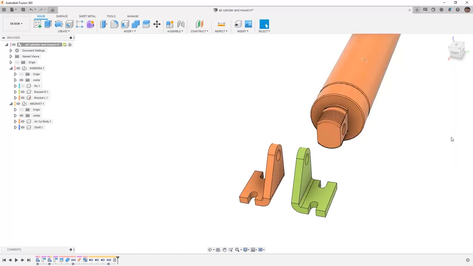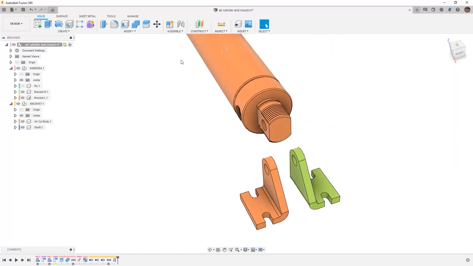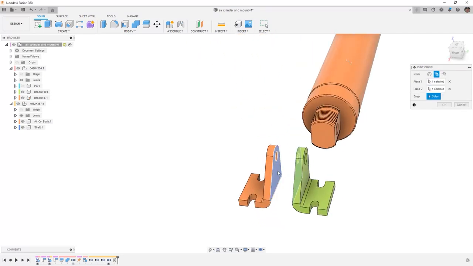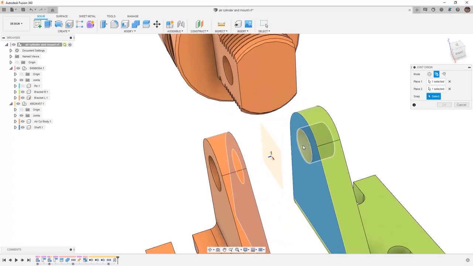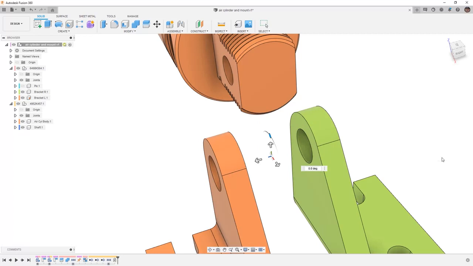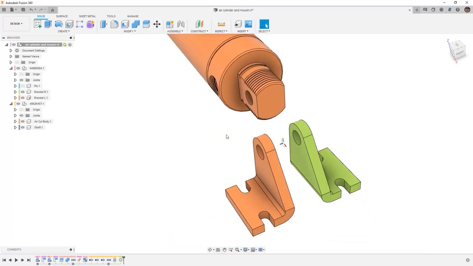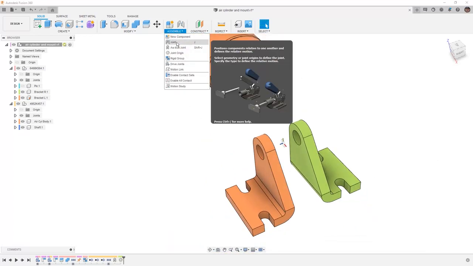In order to make this work, we have to create a joint origin. We can do this by going to Assemble and selecting Joint Origin. Using this Between Two Faces option will allow us to select multiple bodies or components, and then we can determine a snap location, which is going to be the center diameter of the bore. We're going to say OK, and now we've created a joint origin,